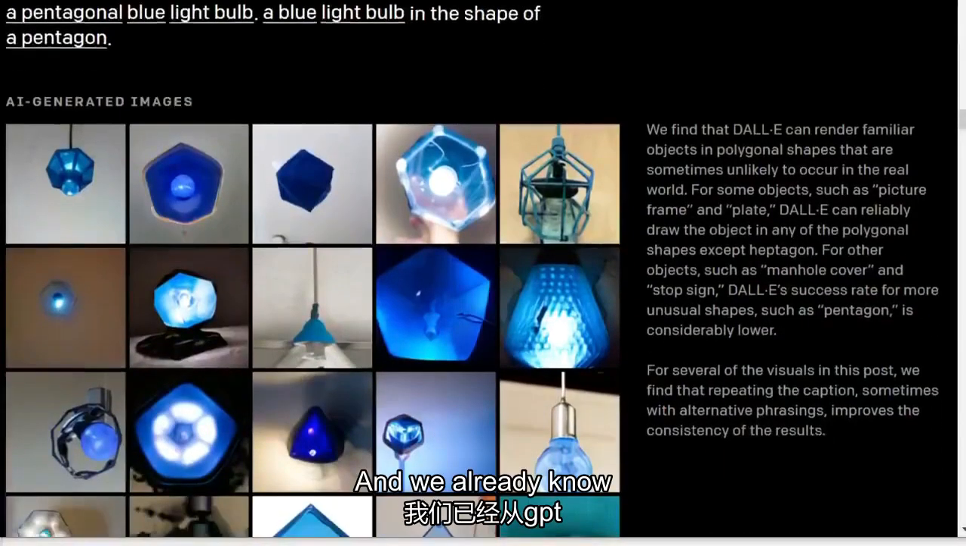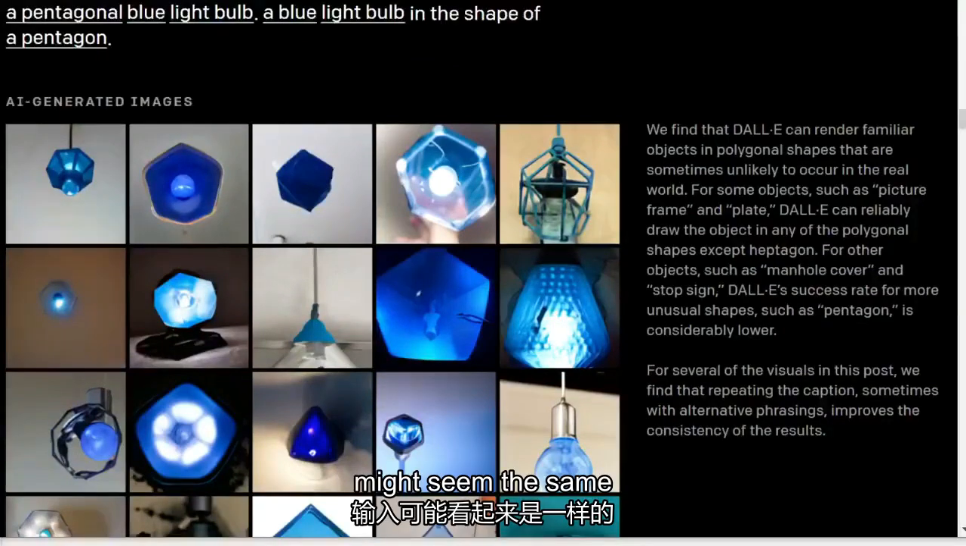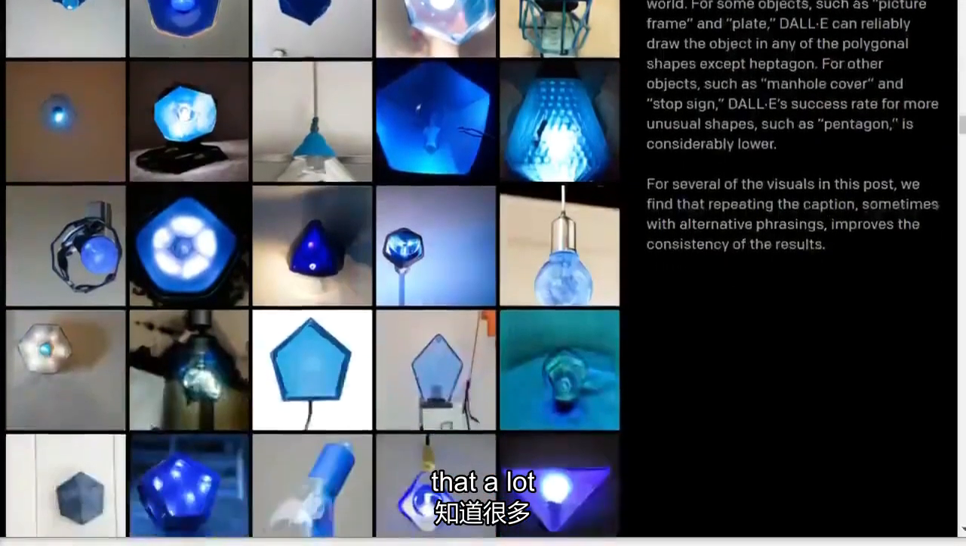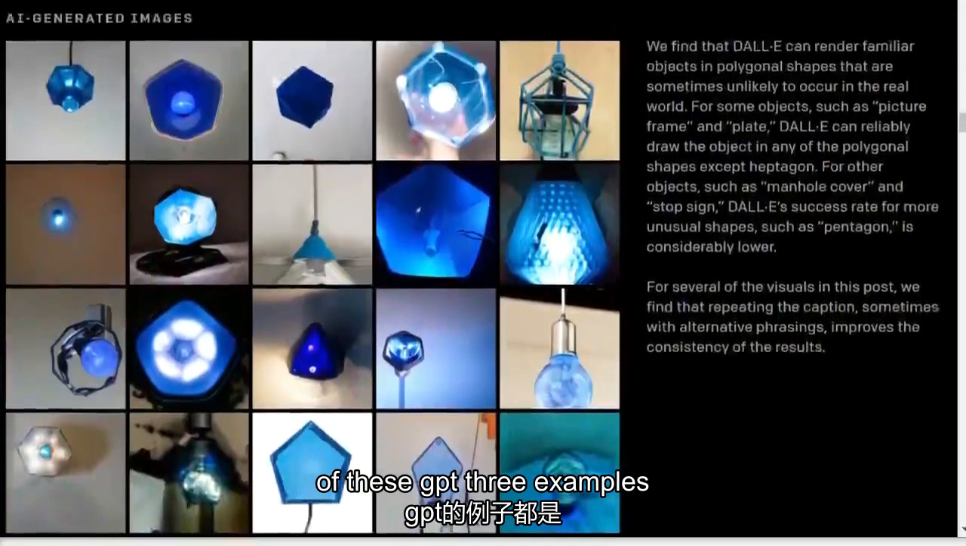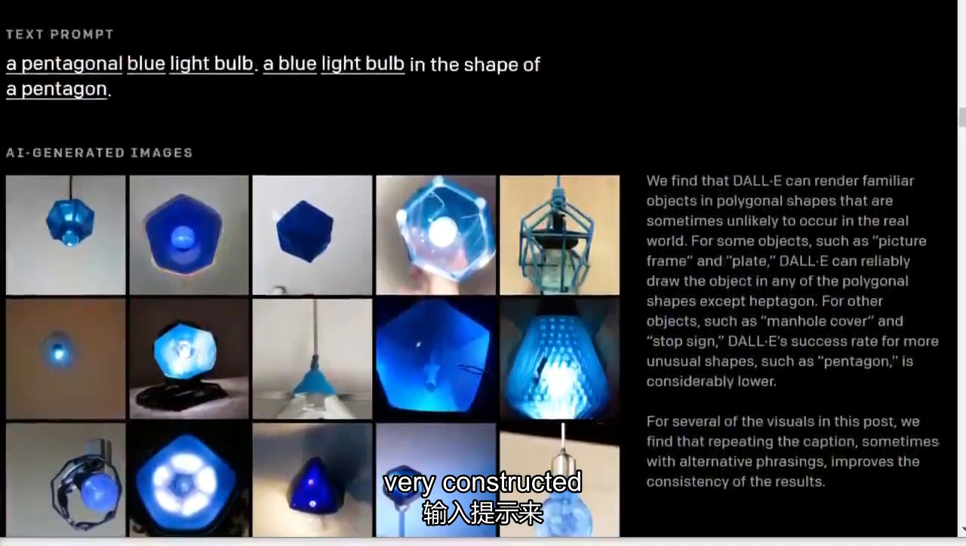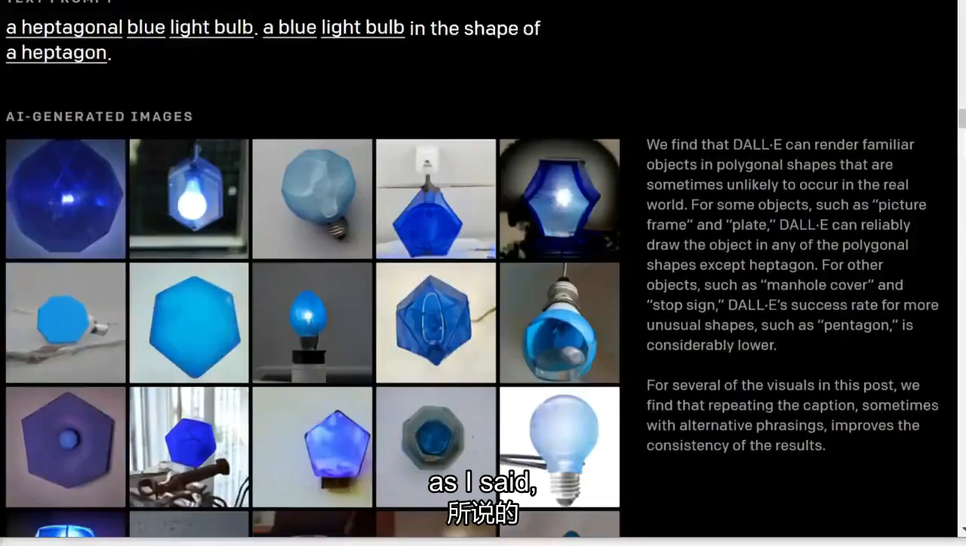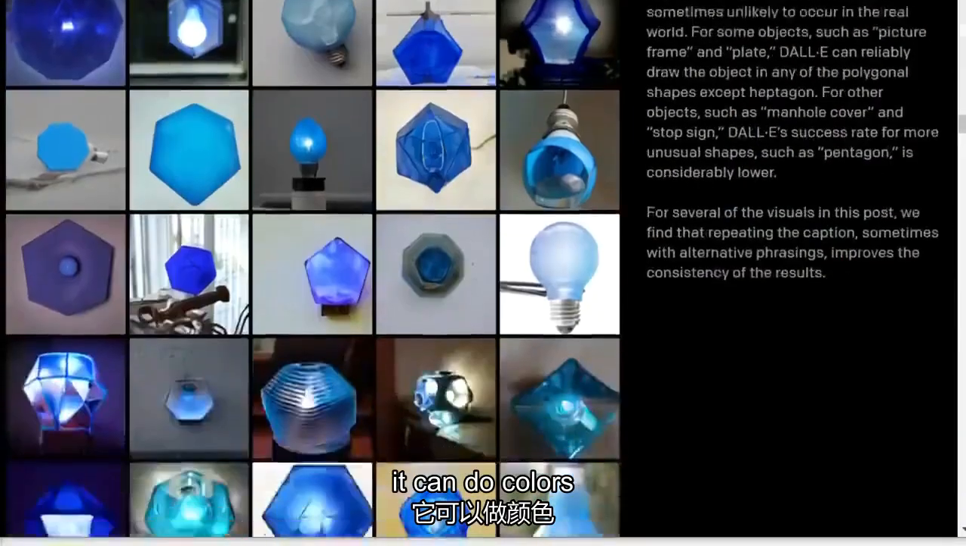And we already know this from GPT-3. We know that the input might seem the same to a human, just phrased differently in some cases, and yet the model will output completely different things. And we know that a lot of these GPT-3 examples are very, very constructed in terms of the input prompt. So yeah. The other thing is the model, as I said, it can do colors and